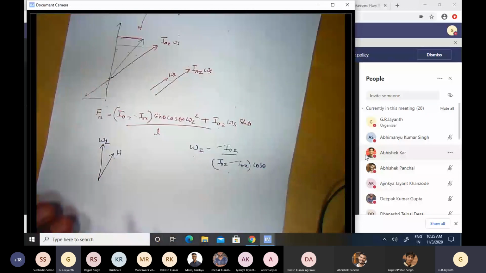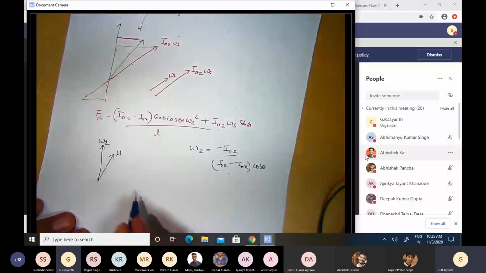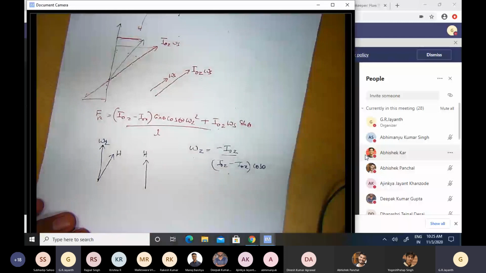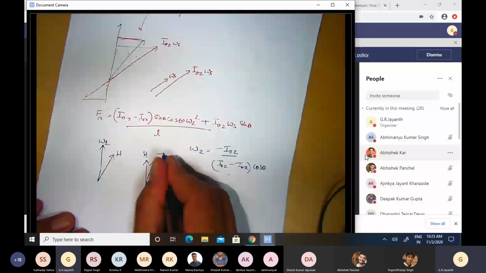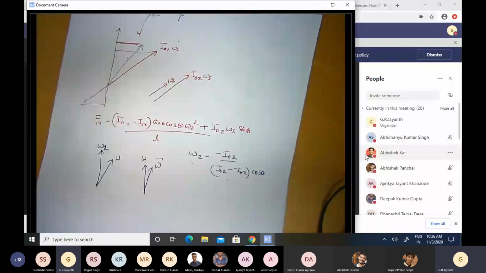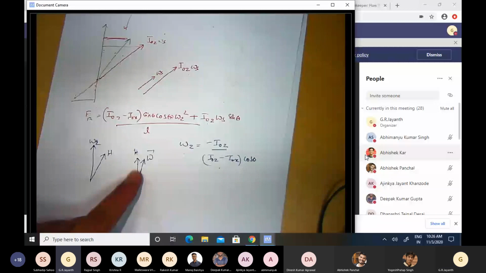So therefore, in this problem, what we see is that the angular momentum vector h is pointed along the z-axis, but the angular velocity vector for the rigid body is not really along the z-axis. In the B1 frame, it is the vector sum of omega z and omega s. So it will be at some strange angle. This is the omega vector. Okay, so there is this strange difference between the two problems that we discussed. In one case, omega z is aligned along the z-axis, but angular momentum is tilted. In this case, angular momentum is aligned along the z-axis, but omega is tilted.